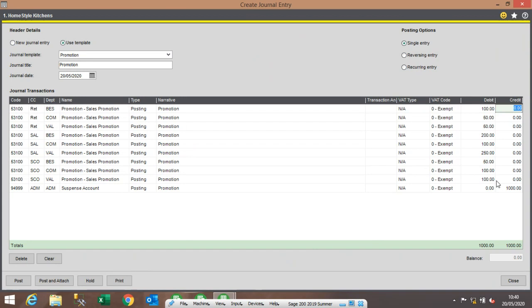I might use this if there's an account, a holding account, that I put transactions into during a month. At the end of the month, I want to journal out of that account and apportion it across multiple codes. This might be a good way to do that. The other things I'll point out on this journal,